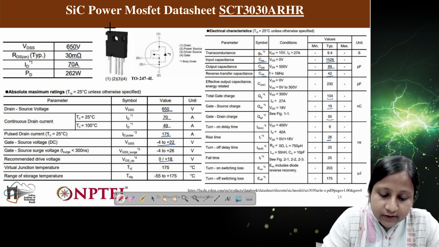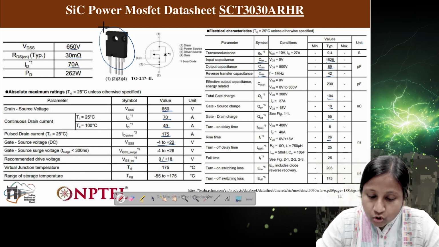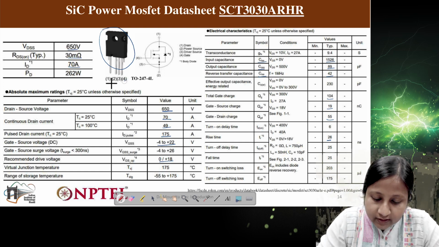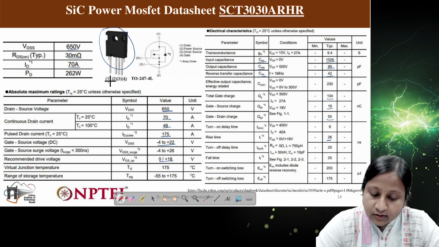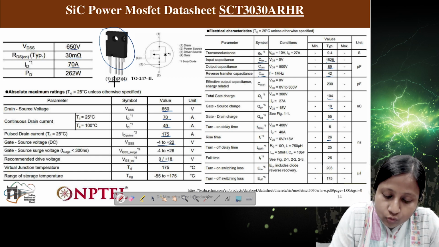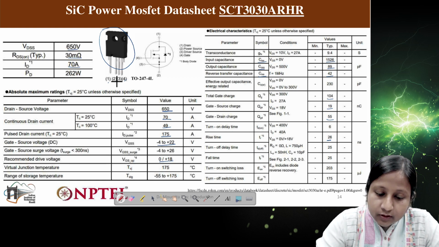And this is the symbol of the silicon carbide device, you can see here. So basically 1 and 4, these 2 points are given for gate and drain, and then 2 and 3 are for source. Now let's see